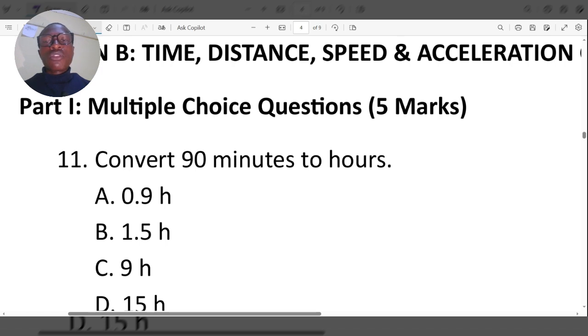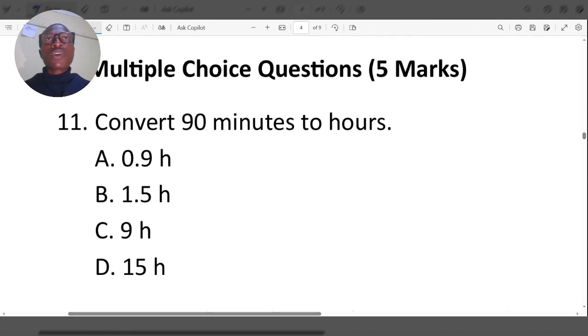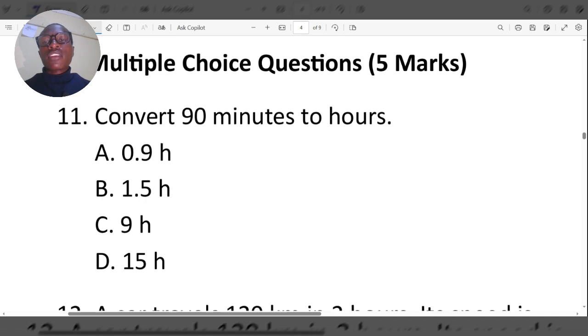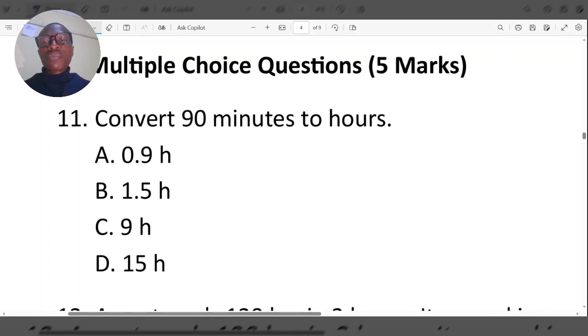So as usual, we start with the first part on multiple choice questions, which will form part one of your KJSEA assessments. They're just pretty simple questions that require just showing the answer. No working is required, but we must be careful to make sure that we don't confuse between the choices that are given. So having said that, allow me to get into the first question.